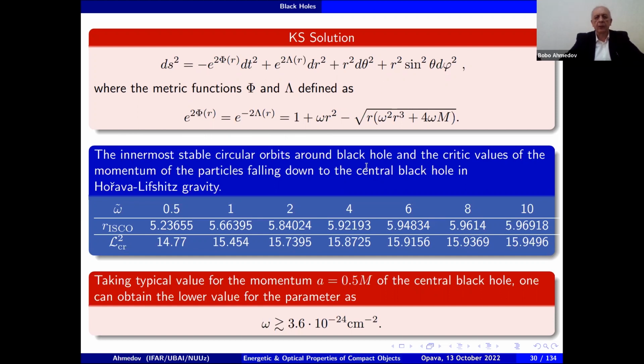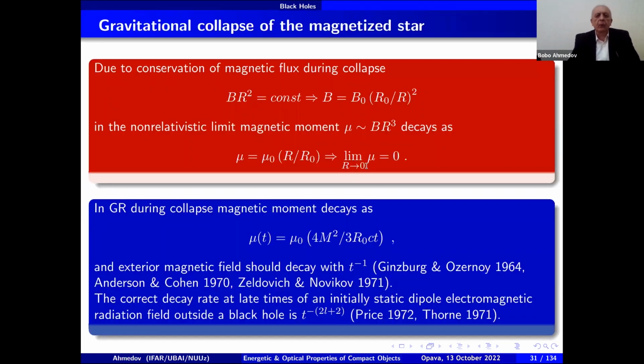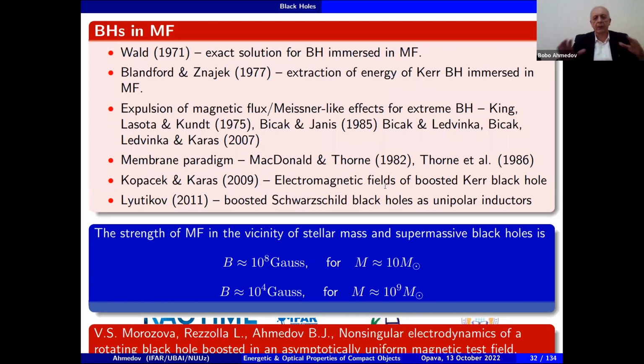So, and now if we look to the collapsed star, during the collapse, the magnetic moment of the star will tend to 0. It was first shown by Ginzburg and Ozernoy in 1964 that the magnetic moment of the star is decaying as 1/t, but then it was extended to the multipolar solutions, and Price and Thorne have shown that it will decay even faster depending on multipolarity. So from this point of view, the intrinsic magnetic moment of the black hole is equal to 0, but however, we